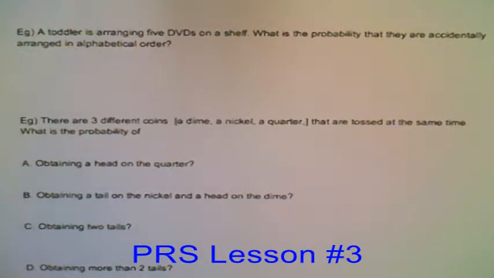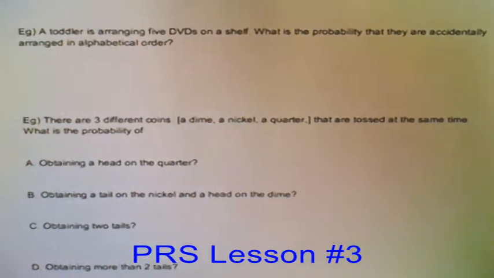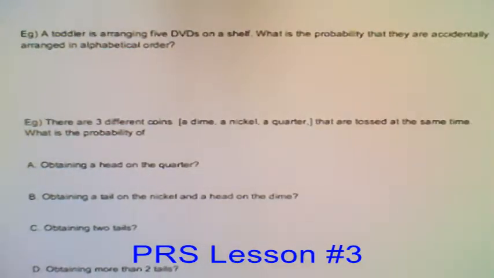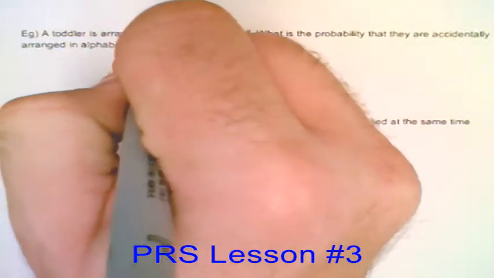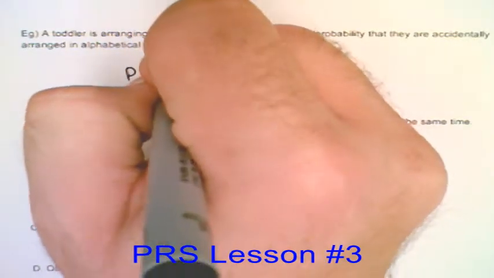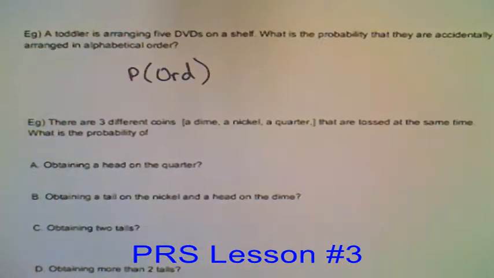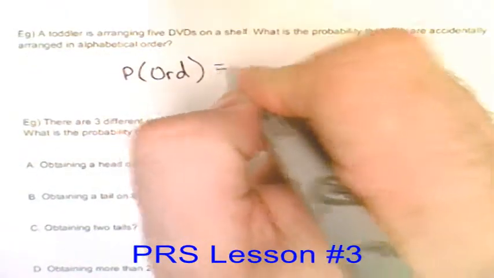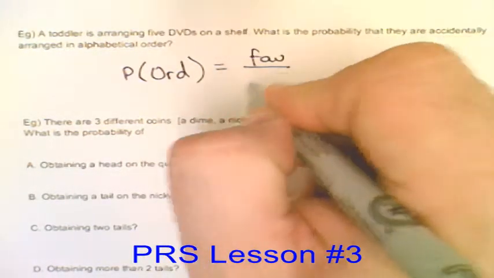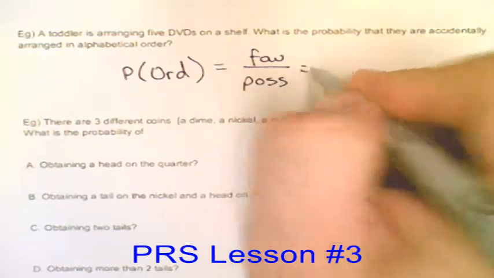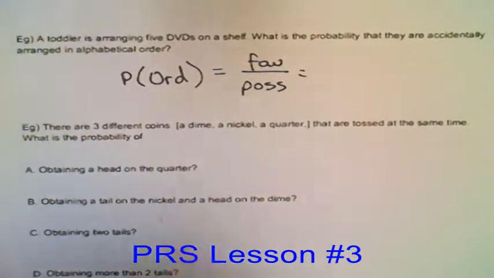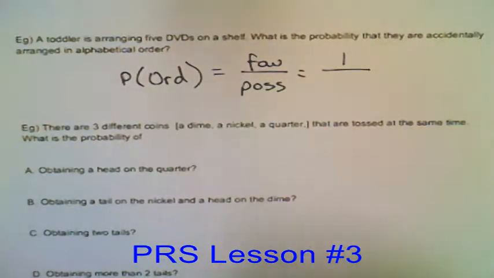Okay? So once you've got this basic idea of probability, then you can look at this. Okay? Toddler is arranging 5 DVDs on a shelf. What is the probability that they are accidentally arranged in alphabetical order? Now hang on, let me focus this because it's not clear. A toddler is arranging 5 DVDs on a shelf. Okay? So you look at this and say, okay, accidentally arranged in alphabetical order. So the probability that it is arranged in alphabetical order, and I'm just going to write probability ORD, okay, is